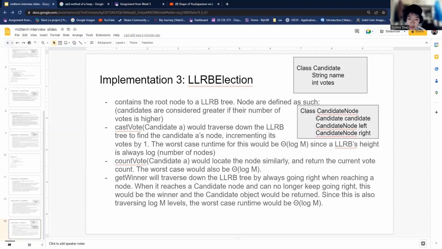For cast vote and count vote, for both of these methods, we just have to find the node. For cast vote, we're just incrementing it by 1, and for count vote, we're just returning the current number of votes. To find a node in a tree, the worst case would be that the node is on the very last level of the tree, so you will have to traverse through the entire height of the tree. In this case, if we have m candidates, the height of the tree will be log of m. So the worst case runtime for both of these methods will turn out to be theta of log m,